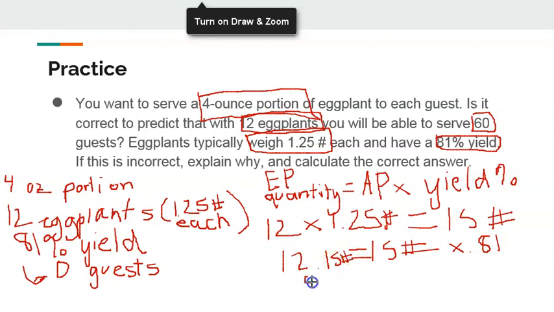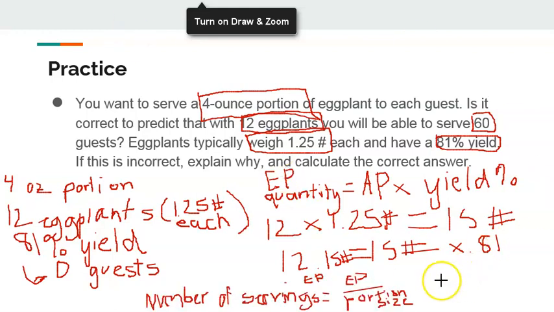So to see the number of servings that we have with this 12.15 pounds of edible portion, we need to plug it into this formula. So the number of servings formula equals edible portion quantity divided by the portion size. So our edible portion quantity is 12.15 pounds,